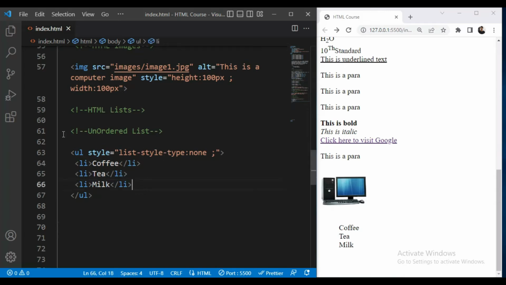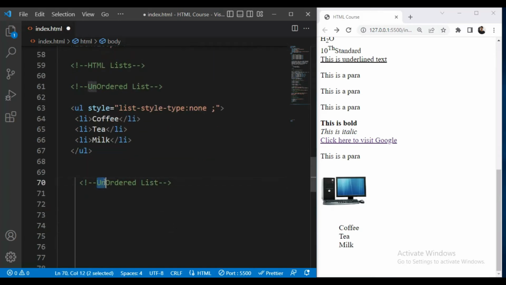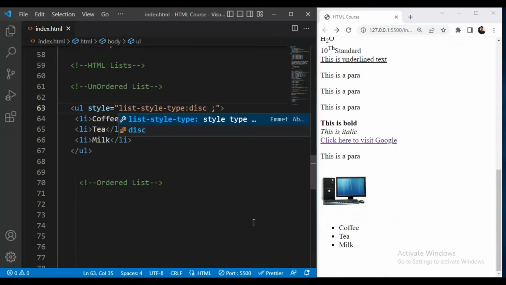Then we will see the ordered list. For the ordered list, I'll remove this, or for example I will add the disk style here. So you can see.